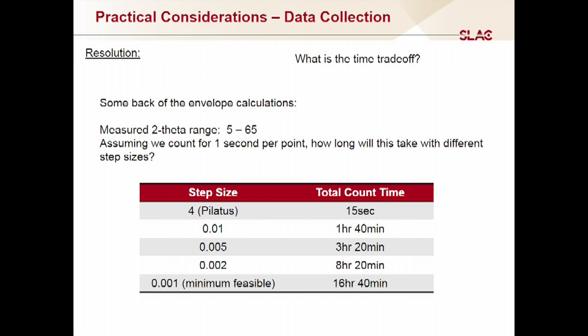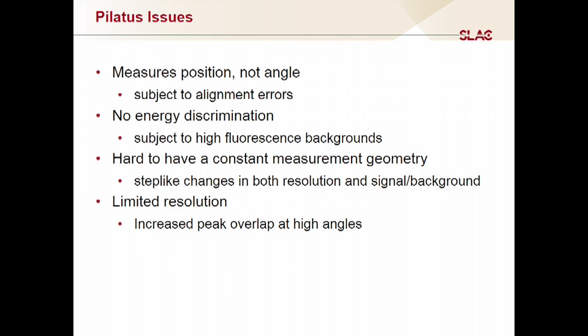If our peaks are very sharp, so we're using an analyzer crystal and the sample is a very highly crystalline material, you may have to take quite small steps of 0.005 or 0.002 degrees. And now you're looking at anywhere from 3 to 8 hours of data collection, which can be a little bit problematic, especially when you're looking at a certain amount of beam time and a certain amount of samples that you'd like to get through. So this begs the question, why not just always use a small area detector to do this kind of measurement? And again, this comes back to some of the cons of using an area detector,